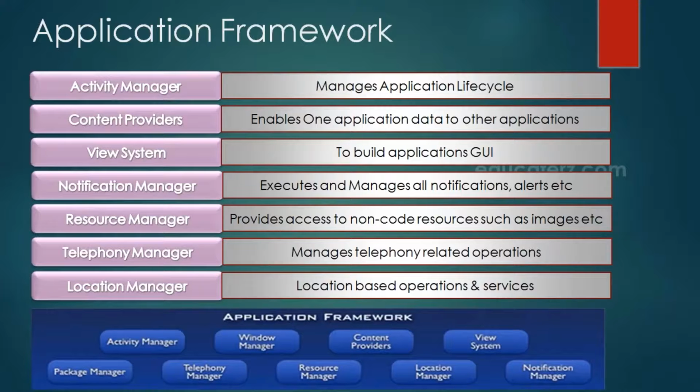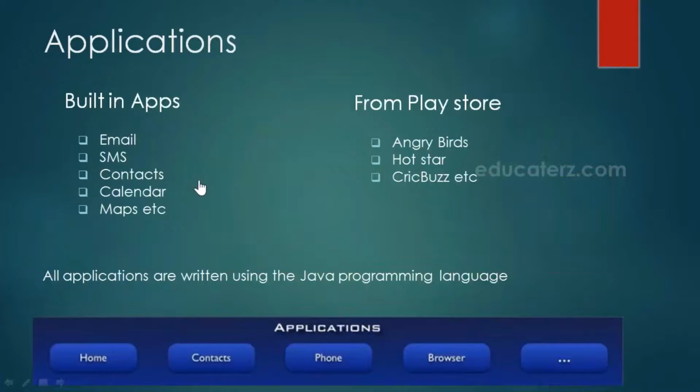We use the location manager to know the current location, like the latitude and longitude values of your location, and offers can be shown depending upon where you reside. This application framework makes the development process very easy with these predefined framework APIs.